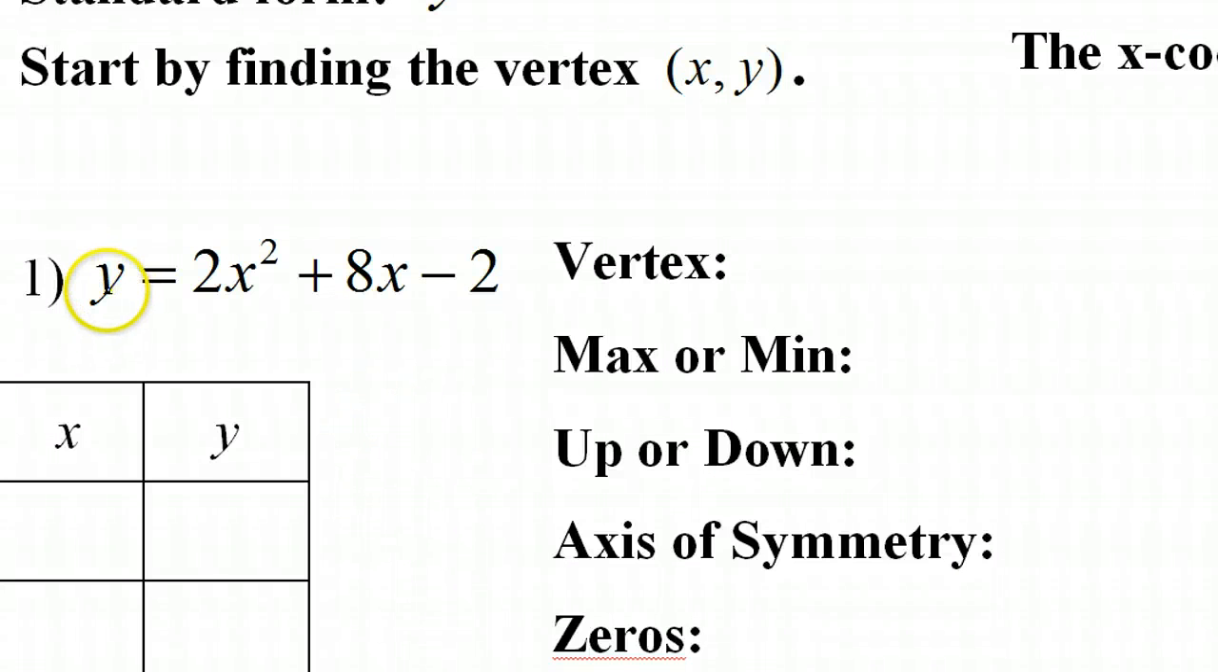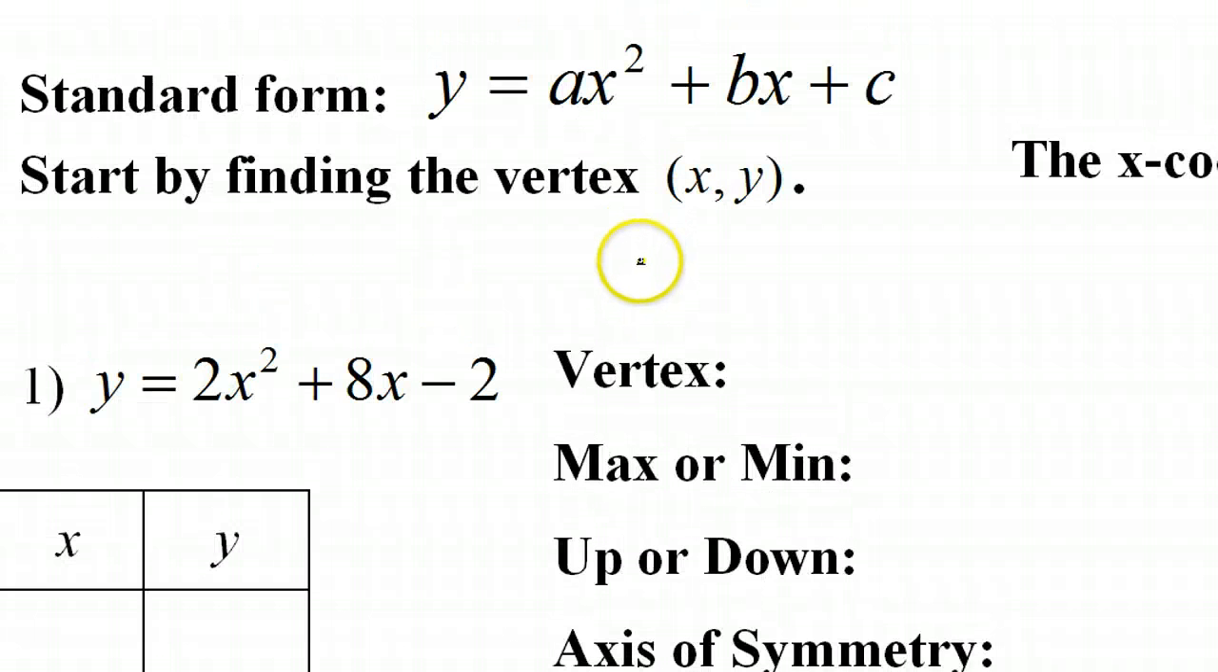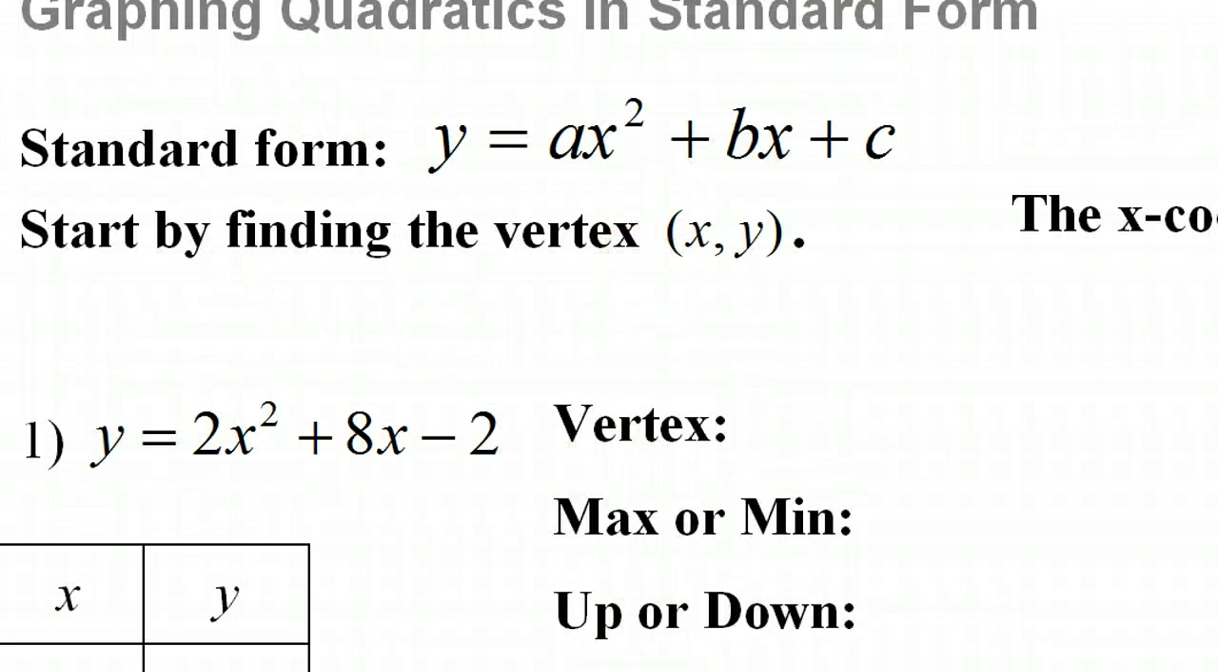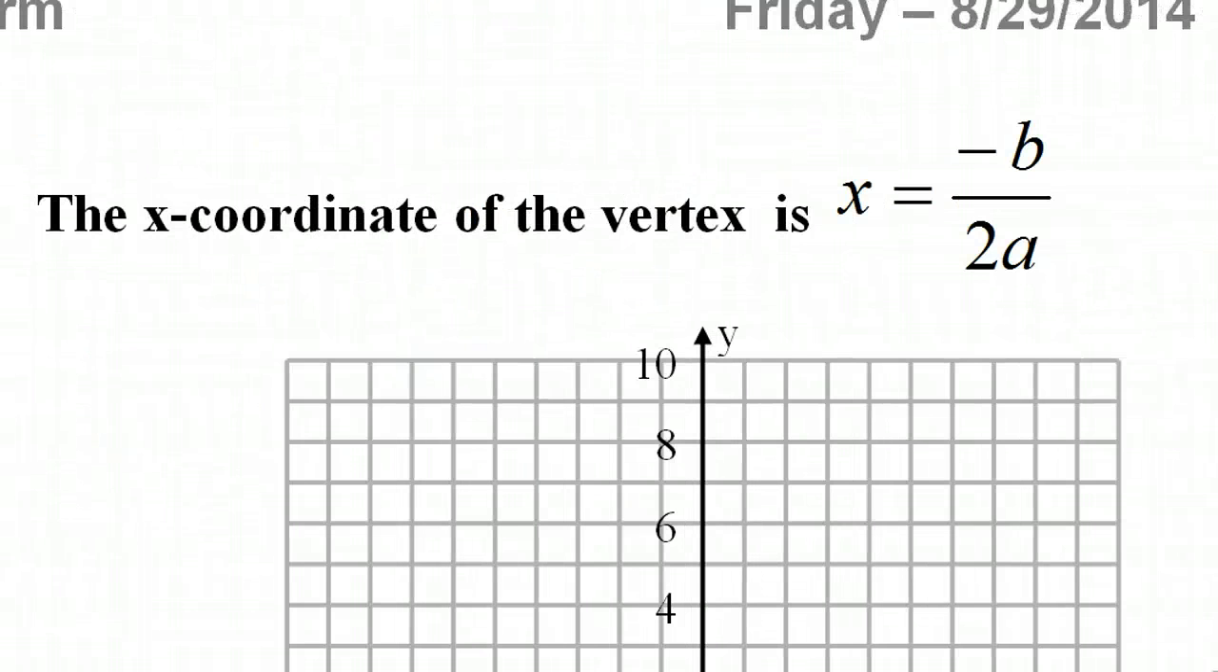Alright, problem number 1. Like it says right here, we're gonna start by finding the vertex. Specifically, we're gonna start with the x-coordinate of the vertex, and we can find it by using this little formula. The x-coordinate of the vertex, which is also the axis of symmetry,